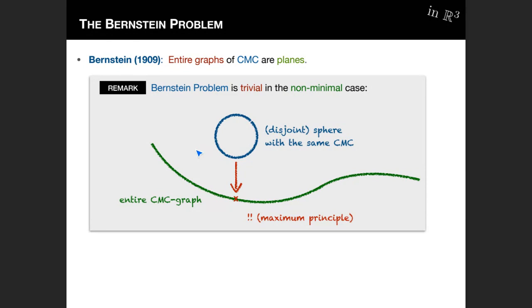We place the sphere up enough so that at the beginning it doesn't intersect your graph, and then you start moving down the sphere